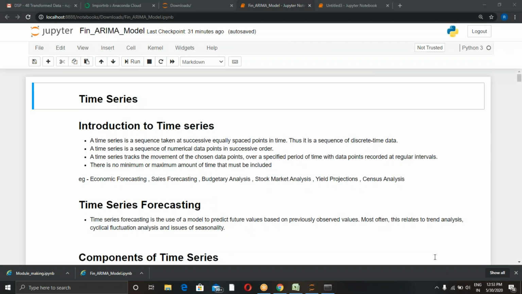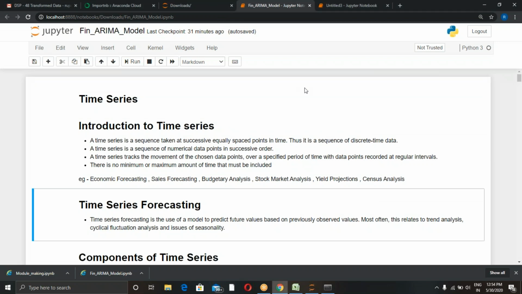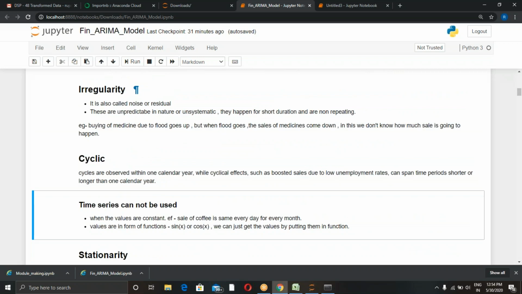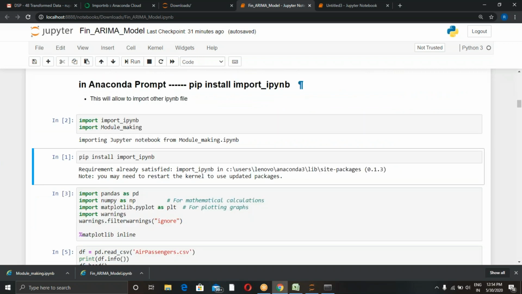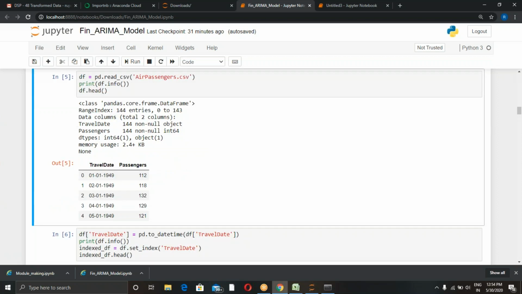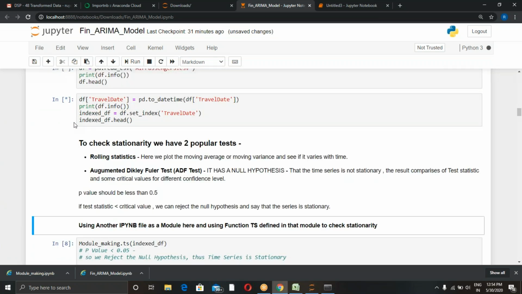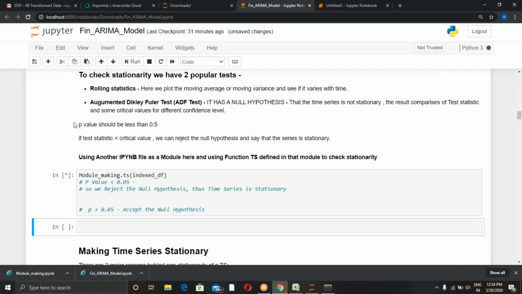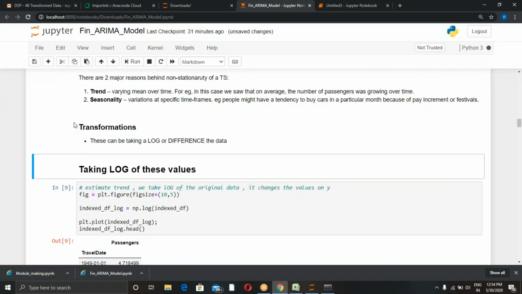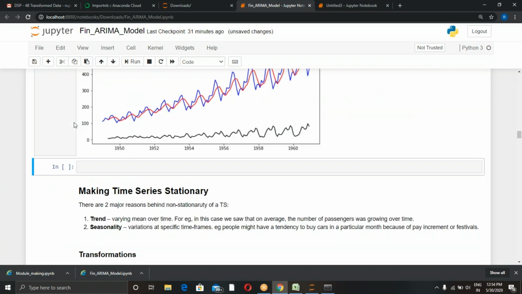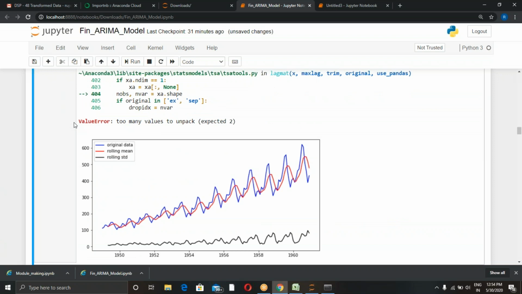Scroll down, Rupa. Just wait, let the above cells execute. Your graph is working, okay.